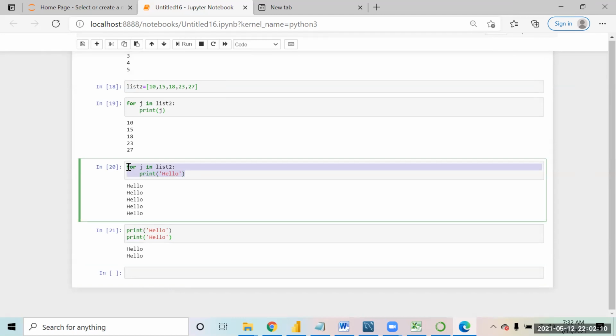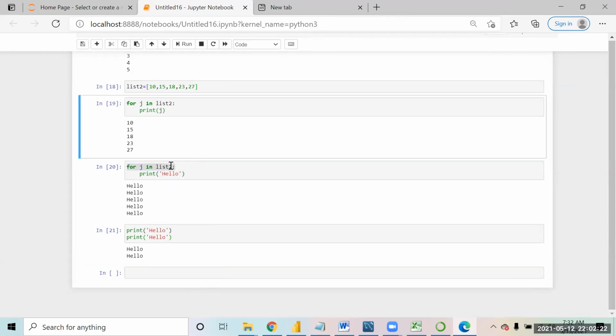But I have a doubt in the syntax: for j in list 2, what does it denote? It assigns the value in the list to j. Now, list 2 is something we are using to define how many times I want the loop to run.